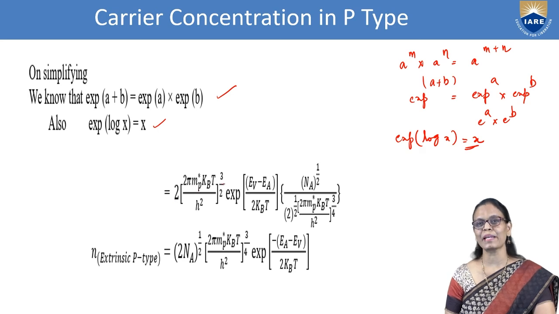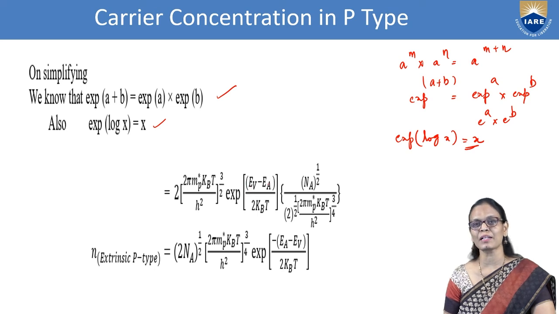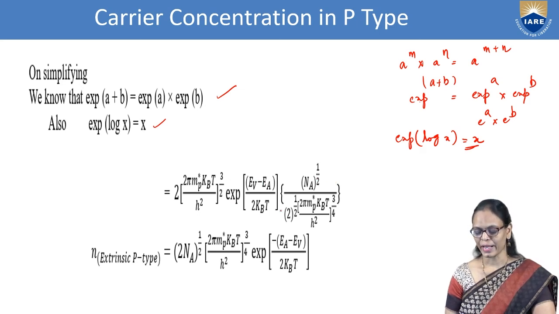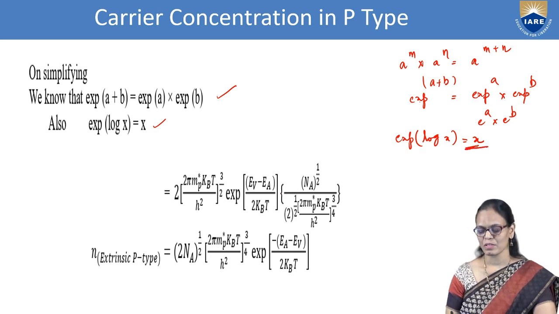2 into 2 pi mp kBt by h square power 3 by 2. We have exponential EV minus EA by 2 kBt, because we have exponential of A plus B. So this is the first term and this is the second term. Now we write exponential of the first term into exponential of log, so it becomes only x. So we are simply writing Na power half by 2 power half, 2 pi mp kBt by h square power 3 by 4. Why we are getting this half here is because we have kBt by 2